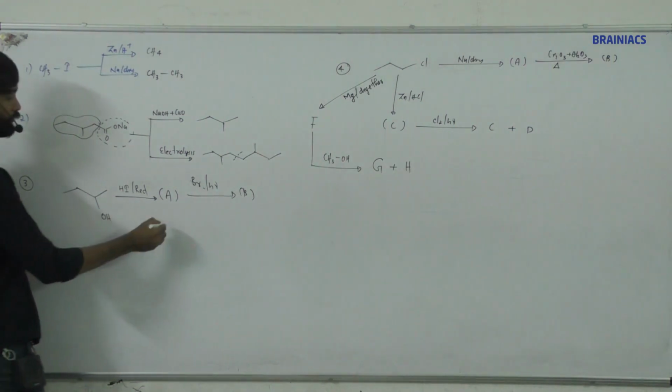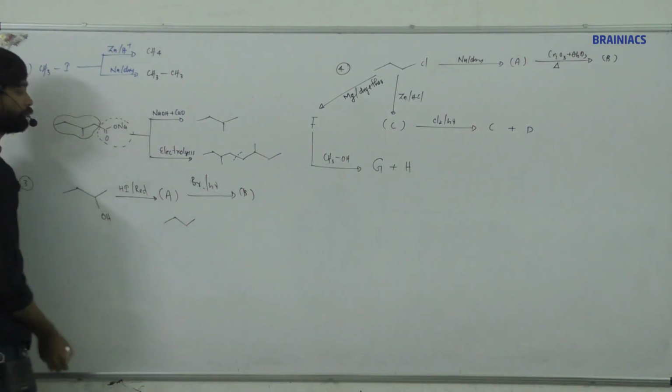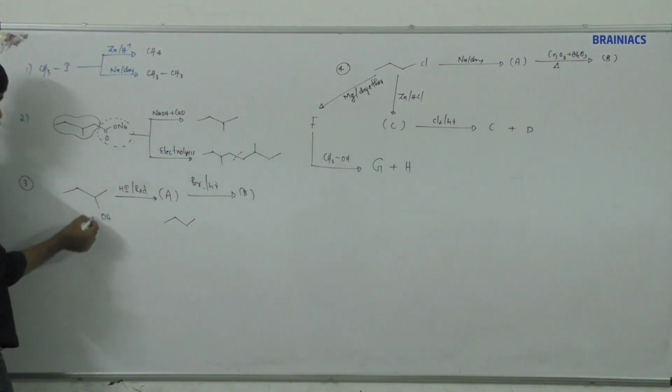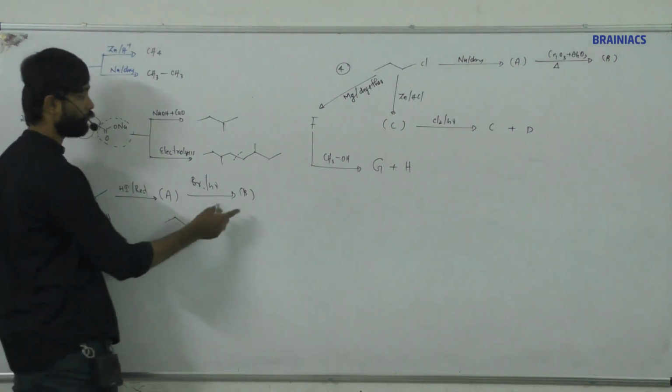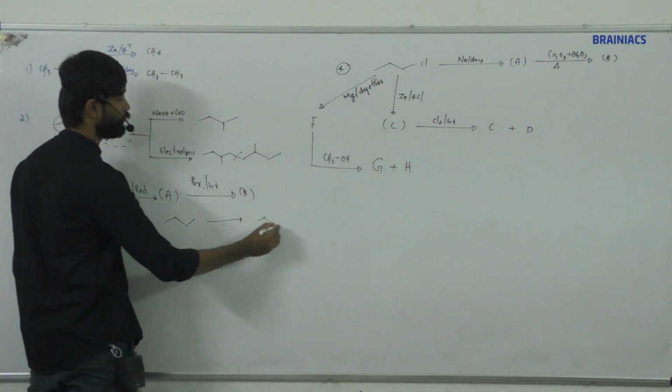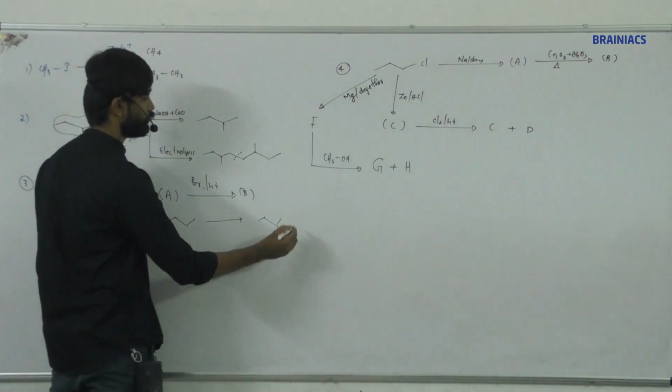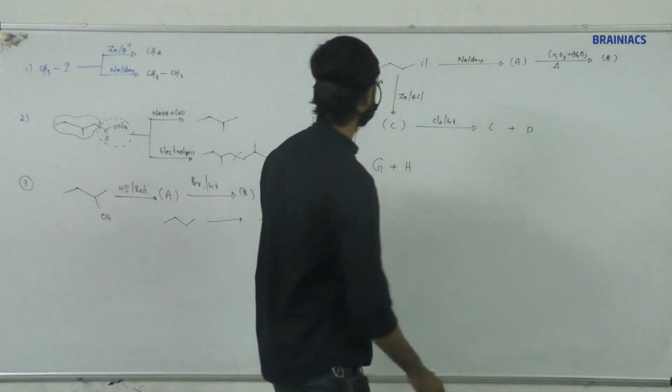Hydrogen added in red phosphorus. A will be this, a monovalent group which is replaced by hydrogen. Normal butane. Normal butane on bromination to bromo. Okay, and you have